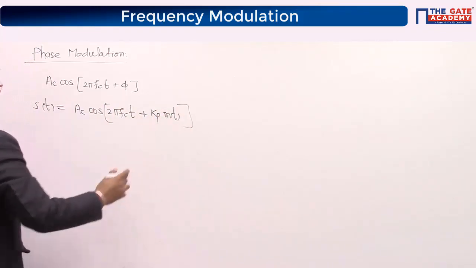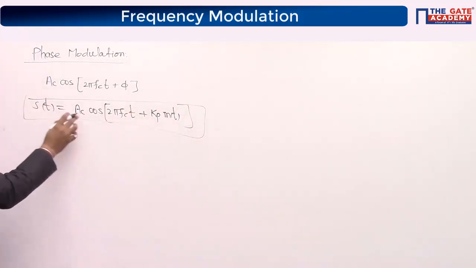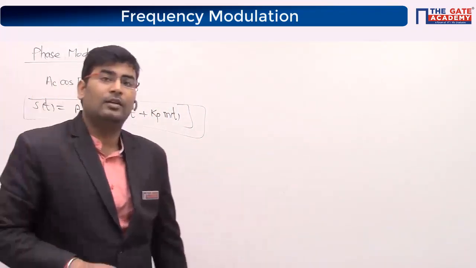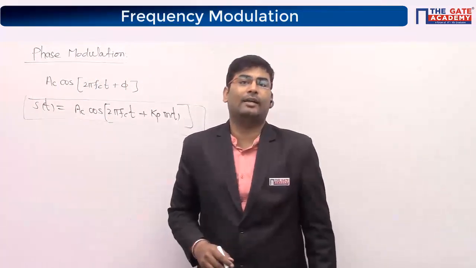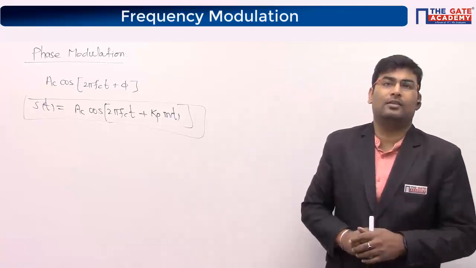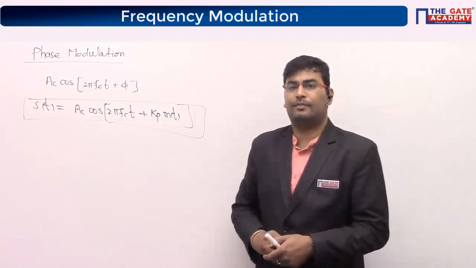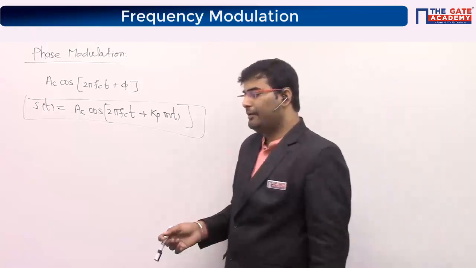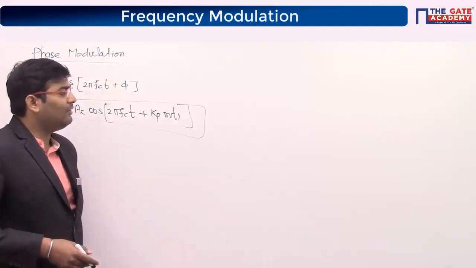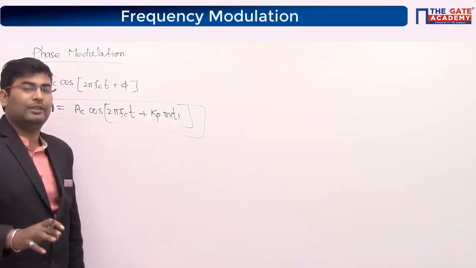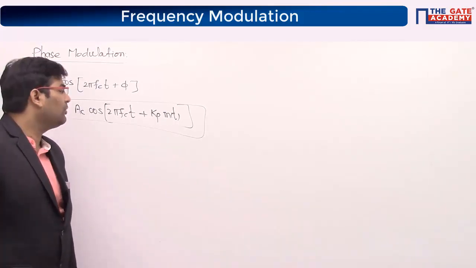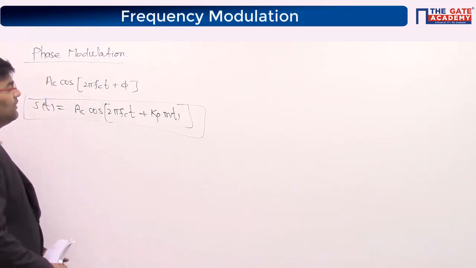If you recall, in FM I wrote Ac cos(2π fc t + Kf ∫m(t)dt). Even though we consider it as a complete angle, d/dt of 2π fc t equals a constant, it doesn't make any difference. But anyway, we have to say it as 2π fc t. You can't say that that is the complete angle, because the carrier frequency will always be there, although it has no impact on the overall equation. But anyway, come back guys on this.